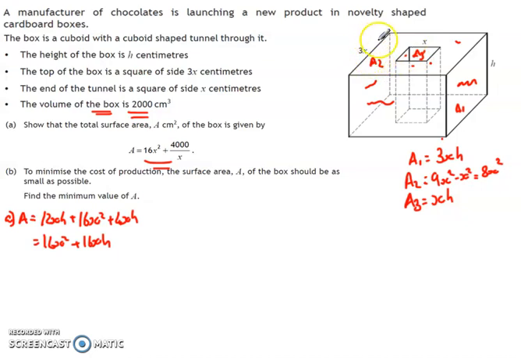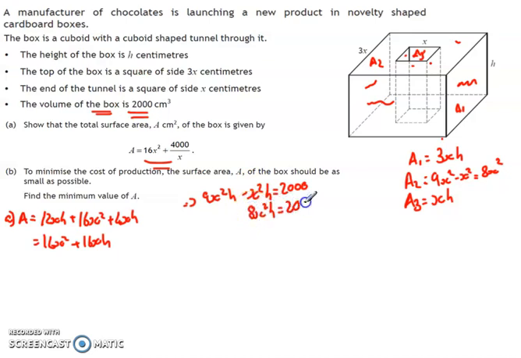Now the volume of the big box is given by length, breadth times height, so 3x times 3x times h. So what that then means is 9x squared h, take away the volume of this wee one here, so x times h again, so minus x squared h, is equal to the 2,000 I've been told in the question. Now if I simplify this, 9x squared h take away x squared h gives me 8x squared h